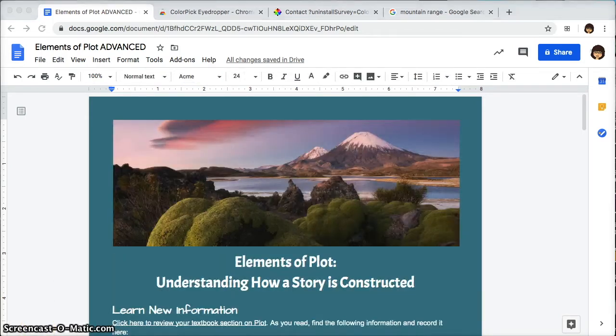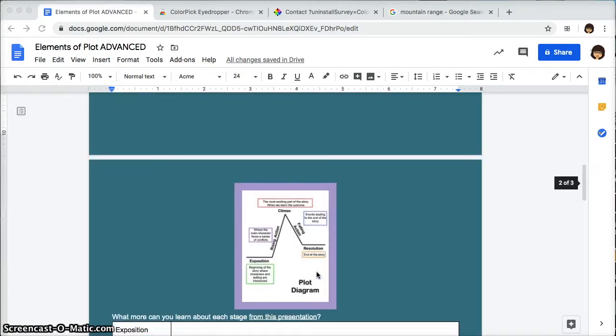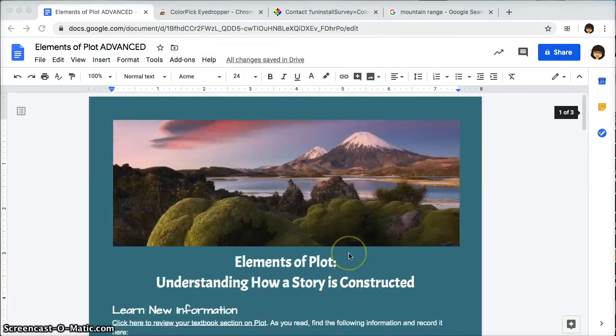Alright, so I've chosen a picture of a mountain. Those of you who teach English or language arts know that often the plot diagram, like this one down here, is often compared to a mountain. It's sometimes called the plot mountain. So I'm just trying to be thematic with it. But now I see my background doesn't really go very well with this picture. So if I want to make it look really pretty, I can use an extension called the Colorpick eyedropper to